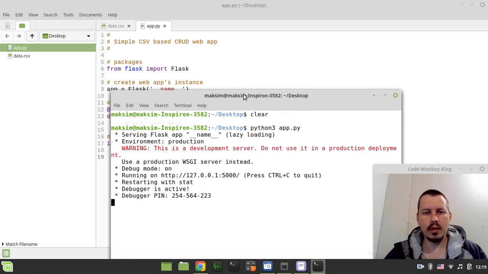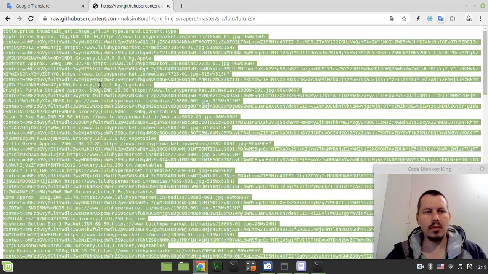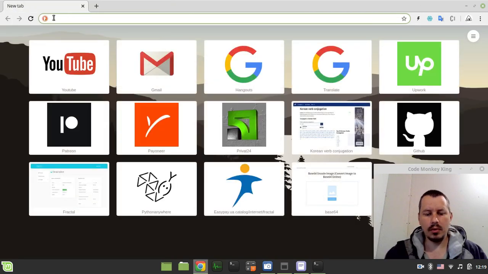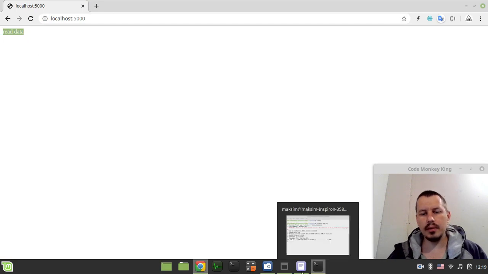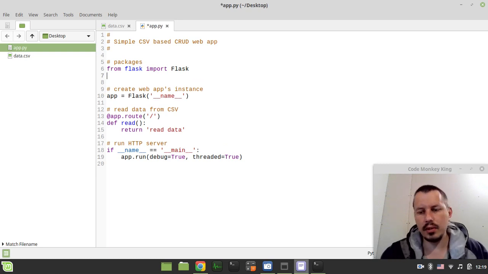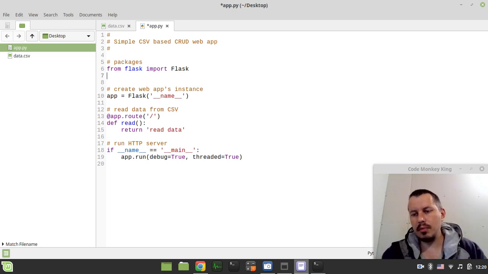Okay, the server is running, so it should be running on localhost port number 5000. So let's go there and check that out. So go to localhost:5000, and we have our string as a response here. So absolutely fantastic. Okay, guys, so the next thing to consider, usually Flask is intended to be used with HTML